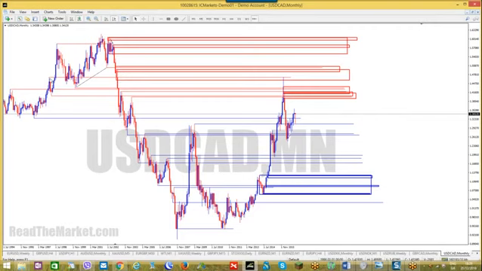Now also, just have a look at this. This is 1997, I believe, or 1998. And then in 2016, price comes back to it. Was it 2016? I presume it was. Comes back to it, and it bounces there pretty much to the pip. So what I'm saying about keeping these straight flat trend lines, keeping them to the pip